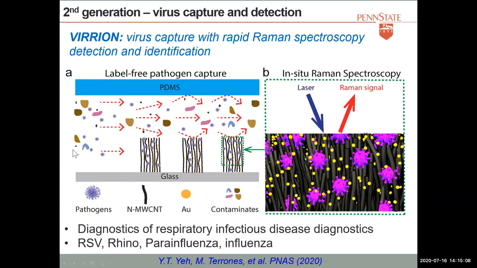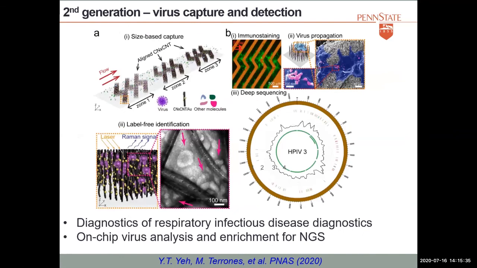So the device is a little bit different because you have a gap here. So you don't have it closed, you have a gap. So your fluid goes here. There's some turbulent fluid going there. So you have your viruses, your gold nanoparticles, and then your Raman signal. And the idea is, well, can you identify these viruses using Raman spectroscopy? And this is something that we have been doing.